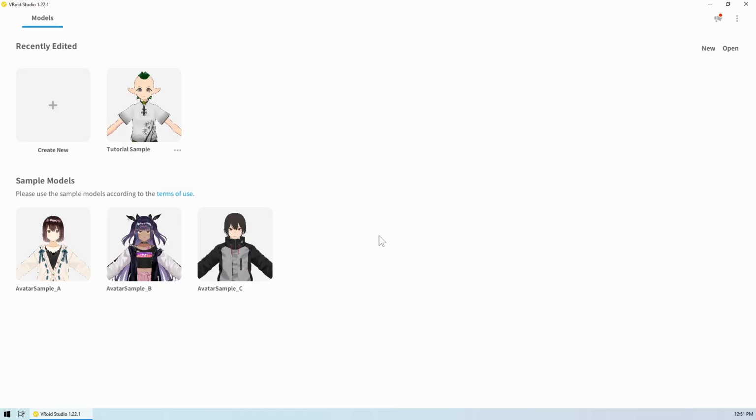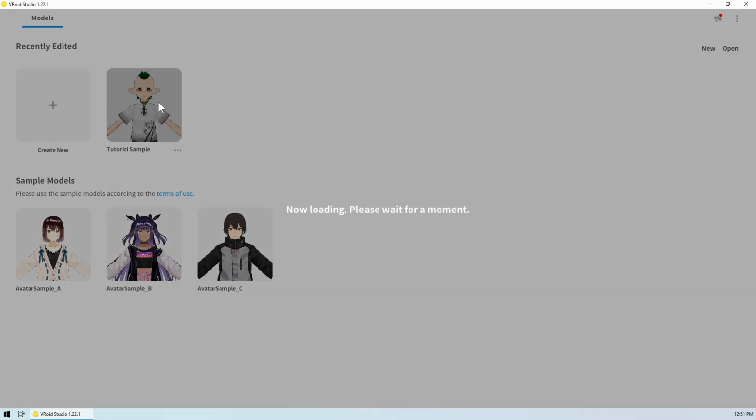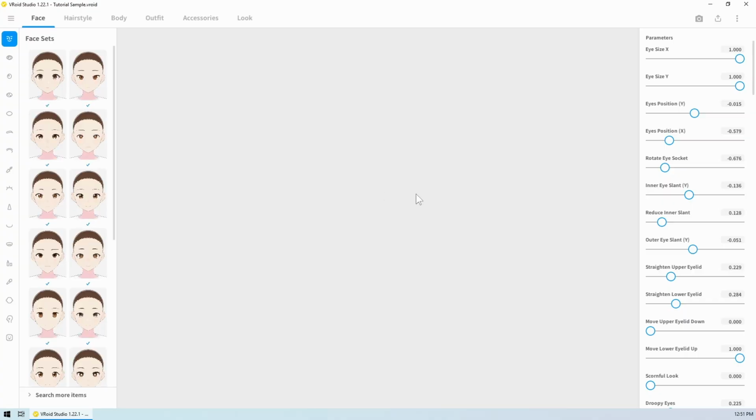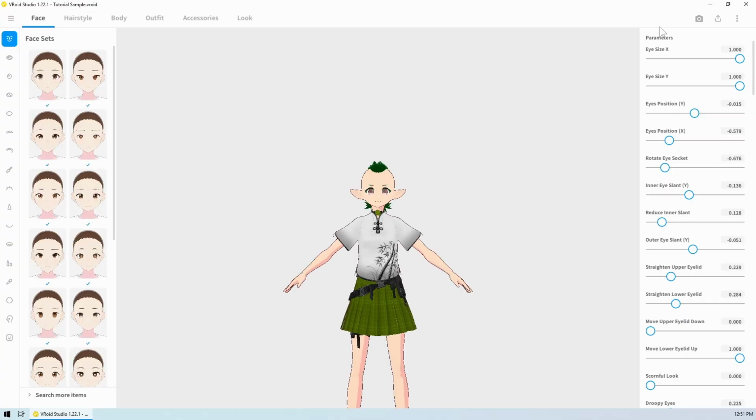Alright, to start with, you'll want to get your Vroid Studio open. There is a specific way you need to export your Vroid model for it to be compatible with this process. You may or may not have already done this, but we'll show it here. So you'll go to the export as you normally would. Once you're in there,